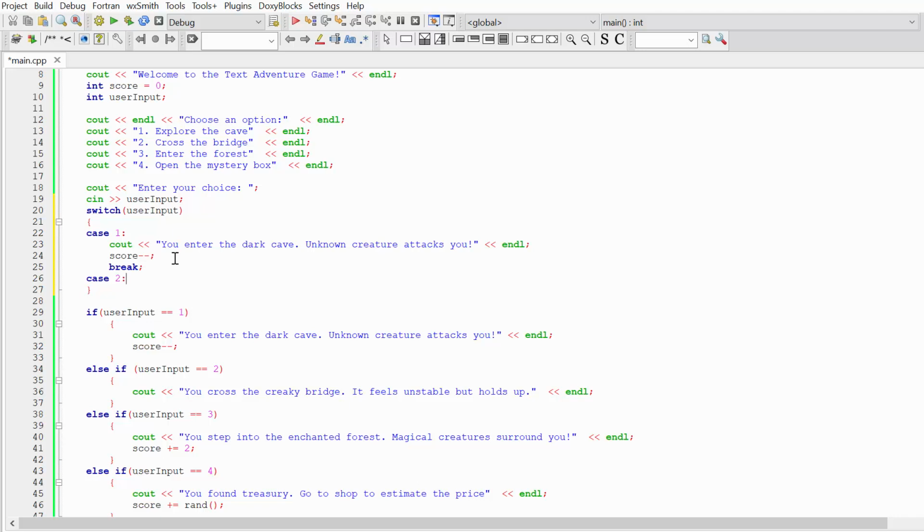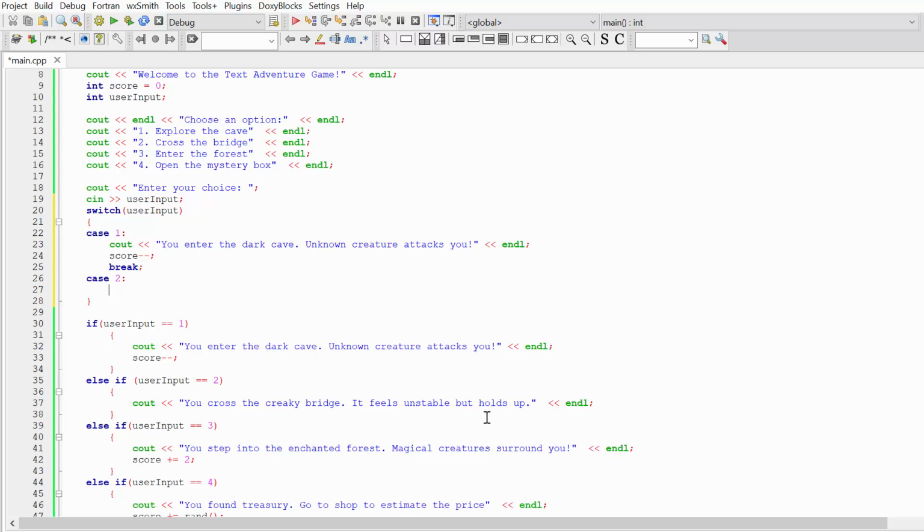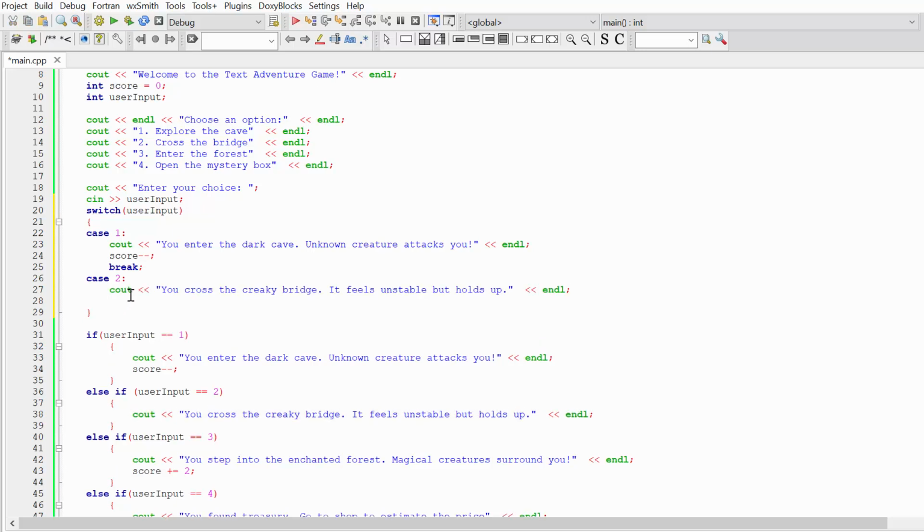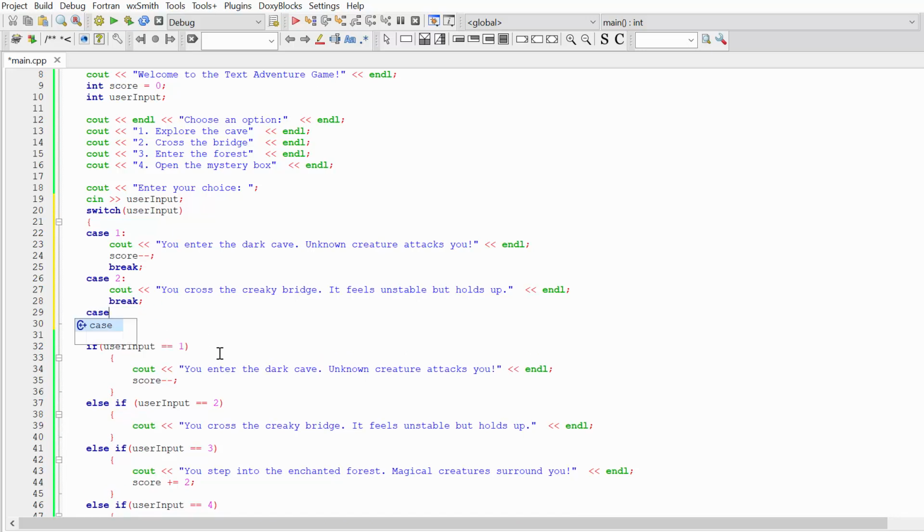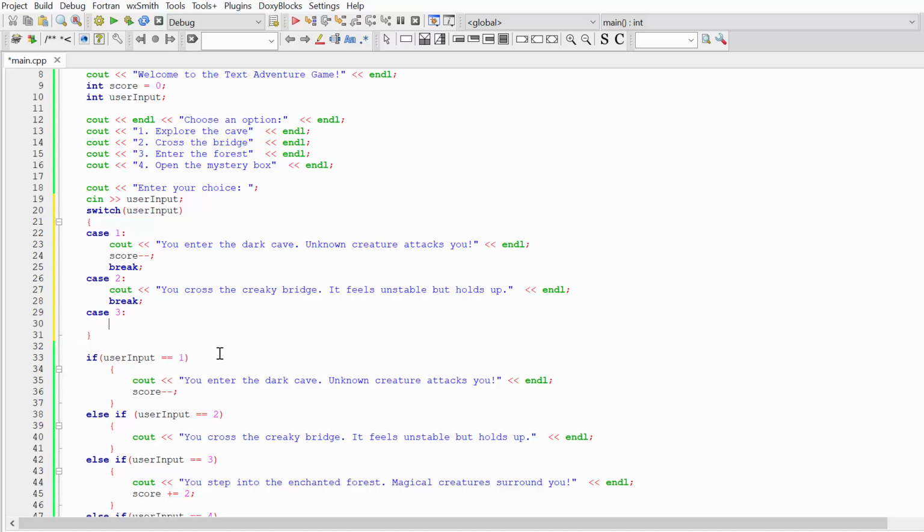So I'm going to type case 2 colon, and then I'm going to write the code that will be executed if user input is equal to 2. And once again, don't forget after each case you need to write the word break. Then I'm going to test case user input equal to 3, and I'm going to execute this code.